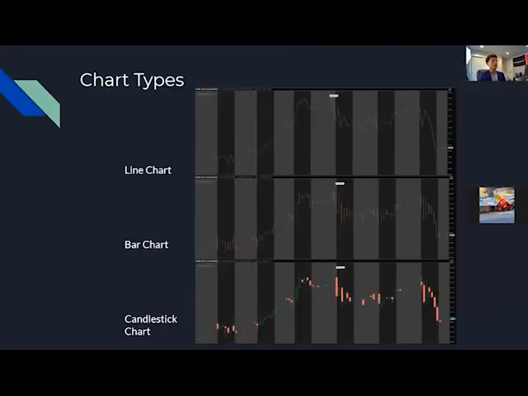Yeah, so at the top, we have a line chart. The line chart is usually used by longer term investors. That's solely due to the fact that the line chart only shows the closing price of each share in each day, right? So you could select the time interval in which you want to see a plotted point. So for example, at each of these points, it's one day, it's the closing price of one day. So you're not going to really see the highs or lows within that day. You're only going to see the closing price.